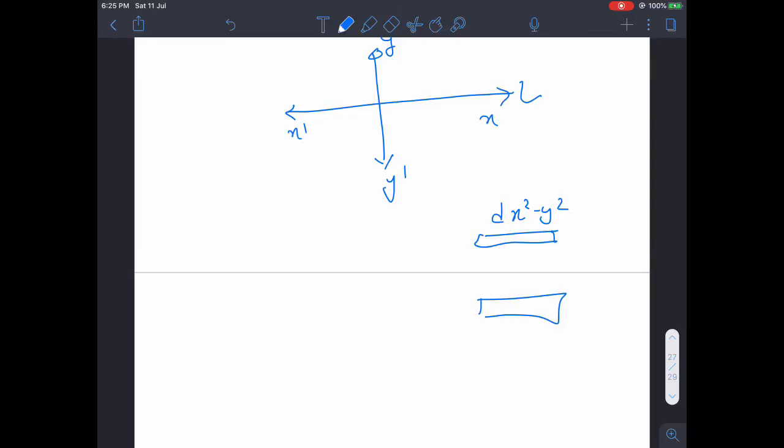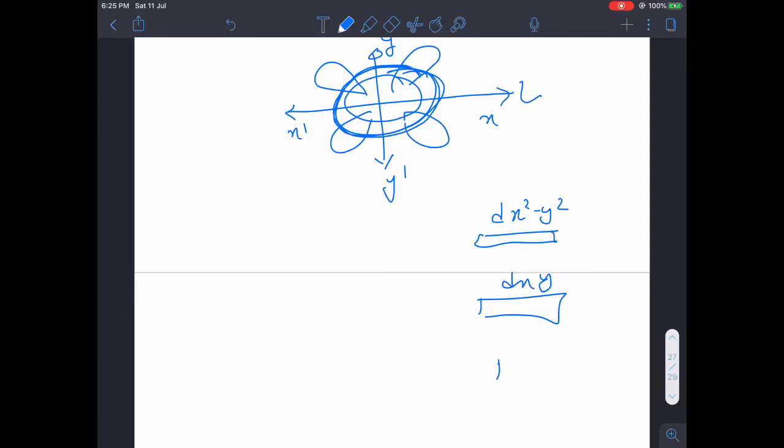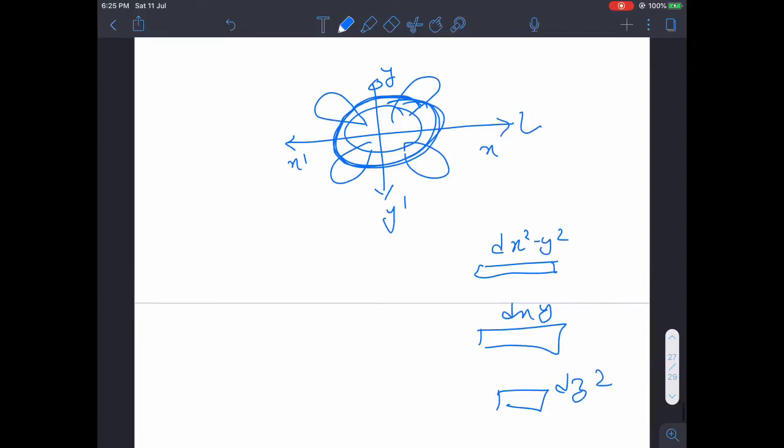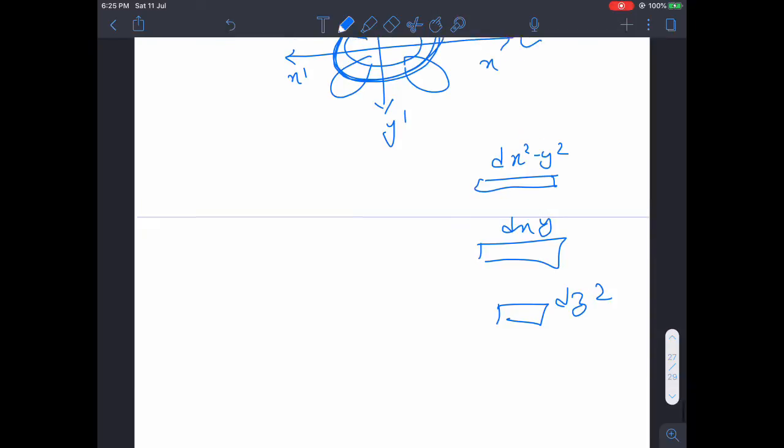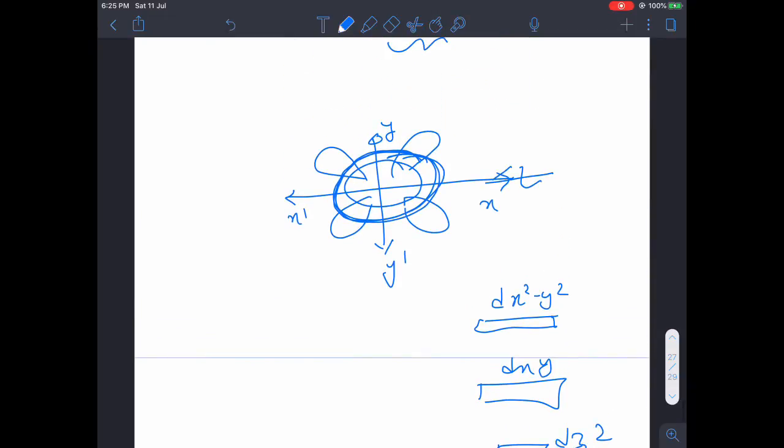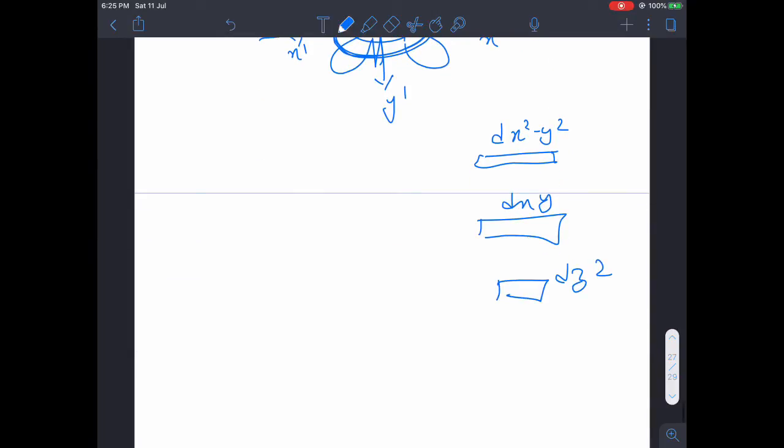Thereafter the second highest is dxy, because that also lies in the same xy plane. Now thereafter we have dz square, because this particular part, the ring part, lies in the same plane. So that's why dz square. And the ones which are perpendicular to the two approaching ligands, that means the yz or zx plane, those two are at the bottom, dyz and dzx.